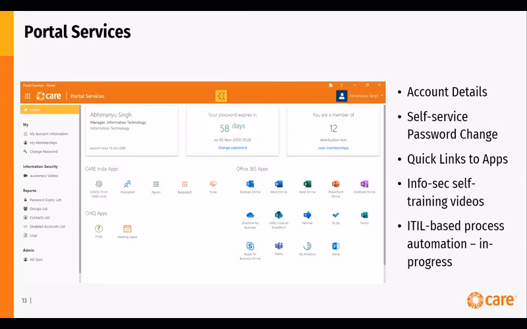This application also gives them an advanced warning when their passwords are going to expire. It is integrated with the security so that the commonly used bad passwords are filtered out, and it shows an alert to the user. There are quick links available. Information security related self-training videos are hosted on this application, and currently we are in the process of automating all our IT related processes like account creation and account deletion process or license assigning process. These are ITIL based processes, and currently they are in automation,